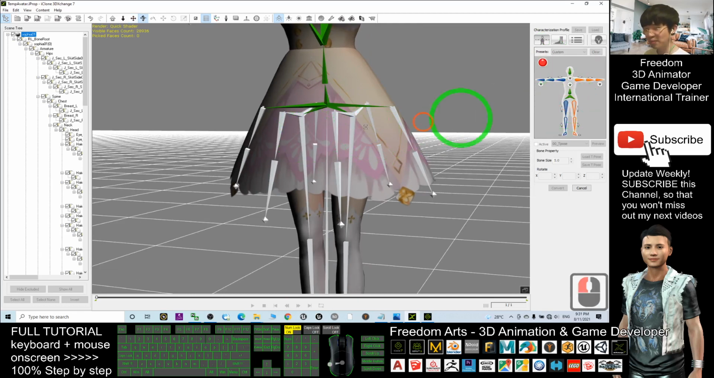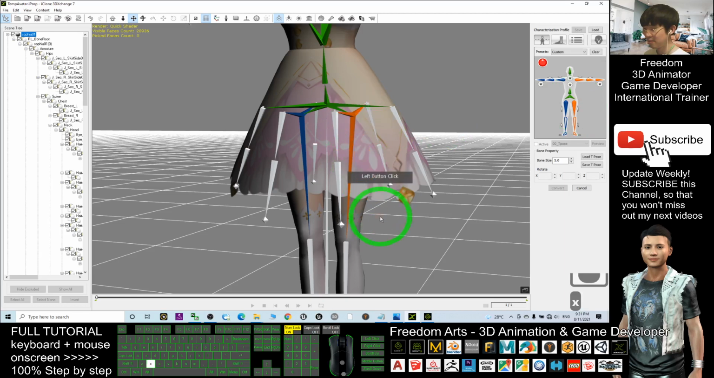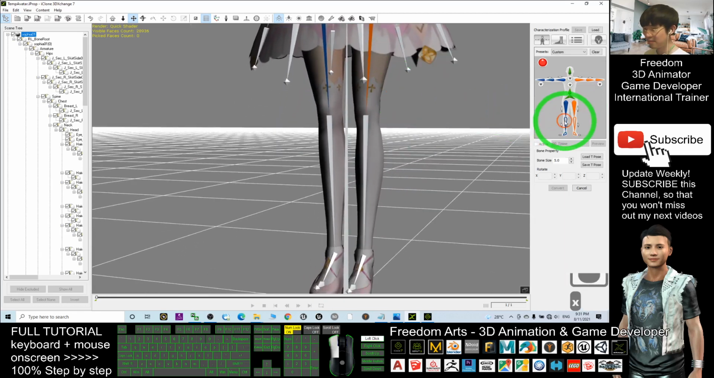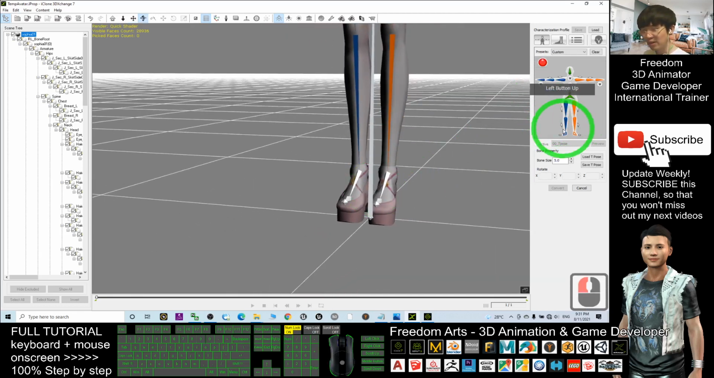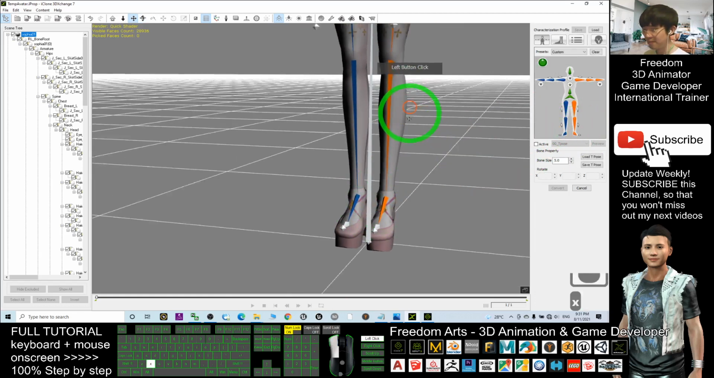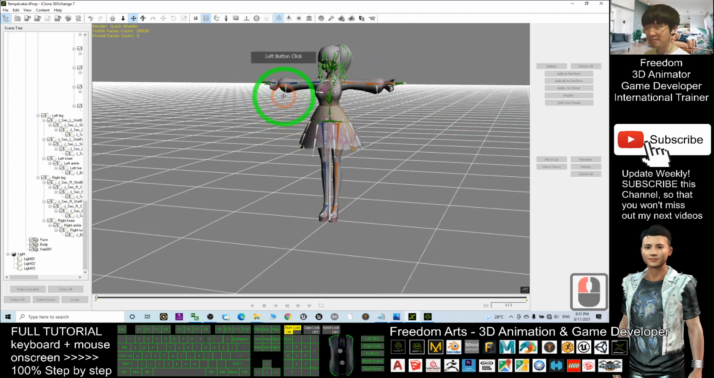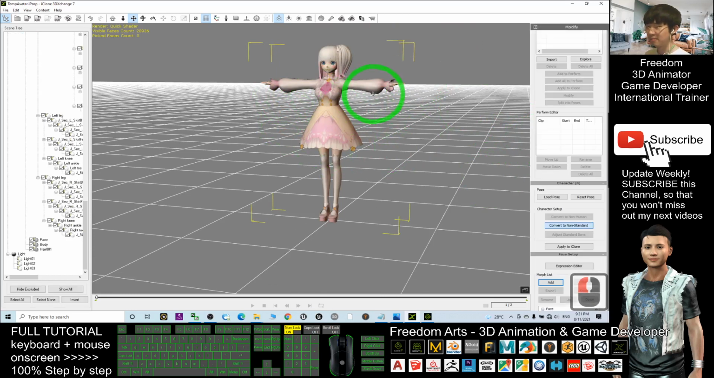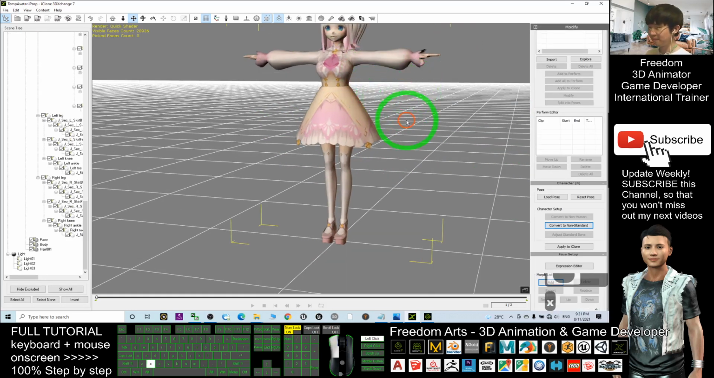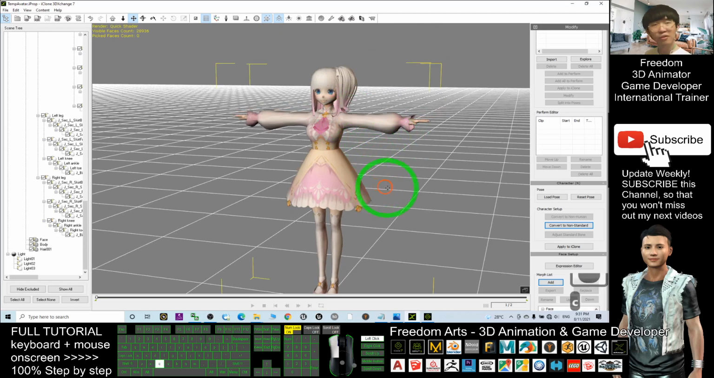Next, we are going to plot the leg. And finally, we are going to plot the foot. Then you have to click Active and click Convert. After you convert it,